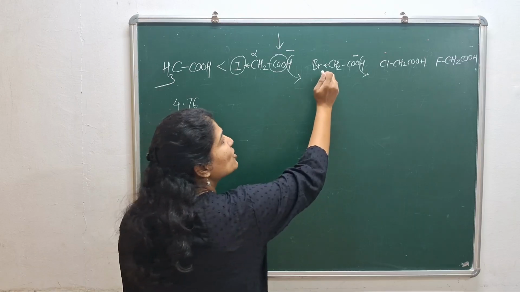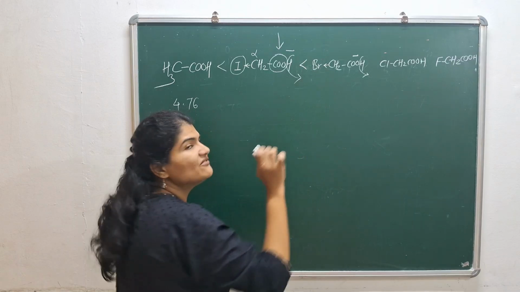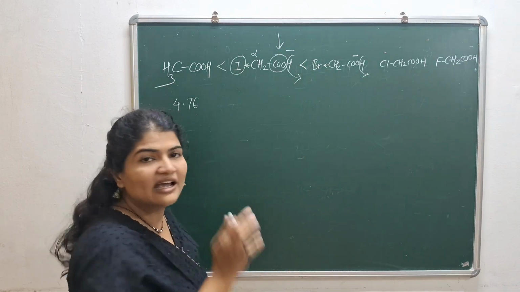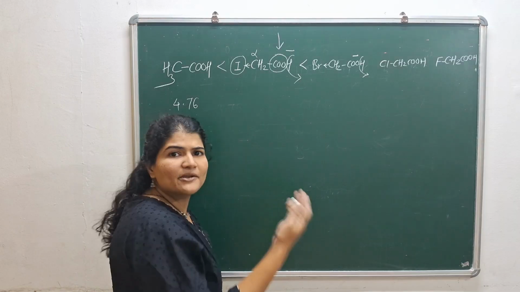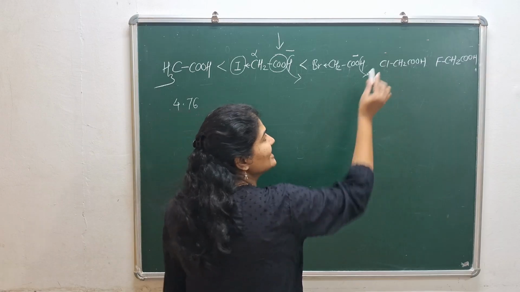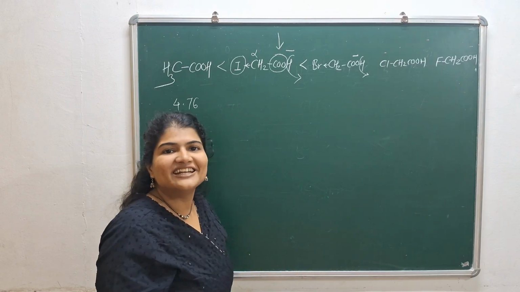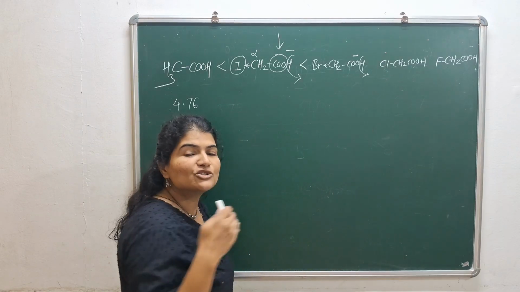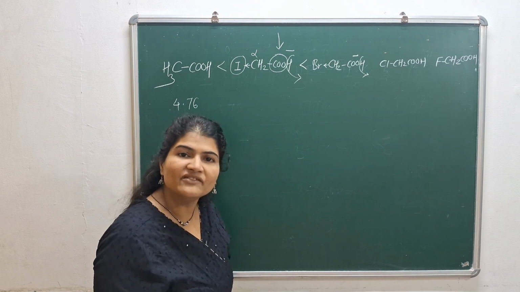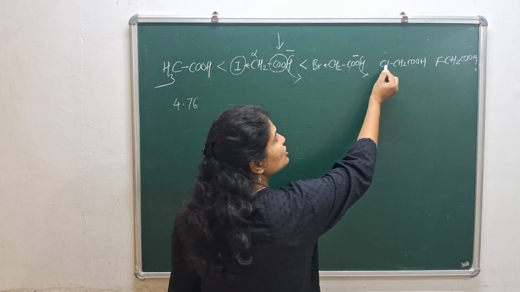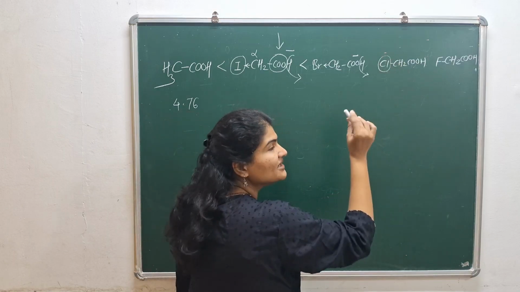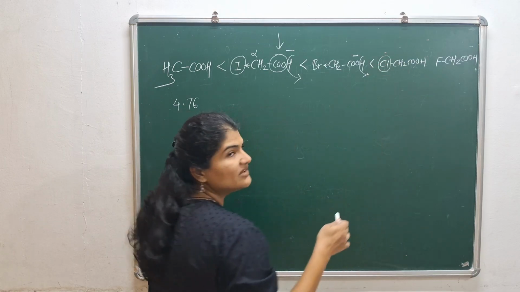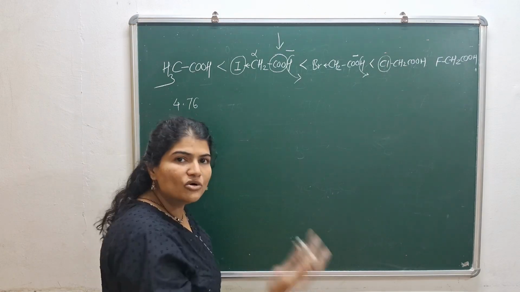And so bromoacetic acid will be even more acidic than your iodoacetic acid. Same applies to chloro. Now chlorine has an even higher negative inductive effect than bromine, because chlorine has higher electronegativity than bromine. So because of the negative inductive effect, chloroacetic acid will be stronger or more acidic than the bromo,